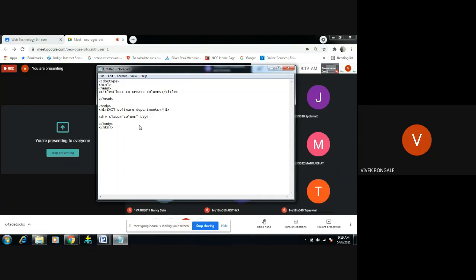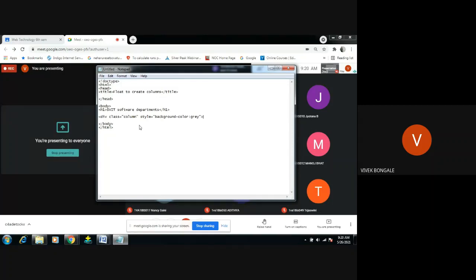So style. Which type of style sheet are we using here? We are using the inline style sheet, because on the same line we are giving the style. So style, background color, I want gray.